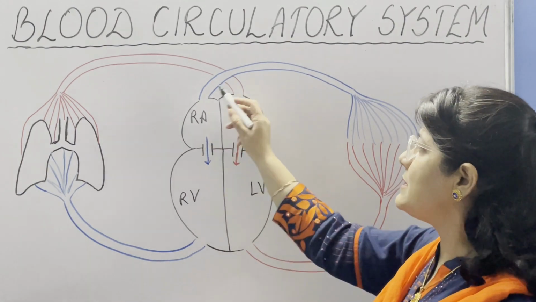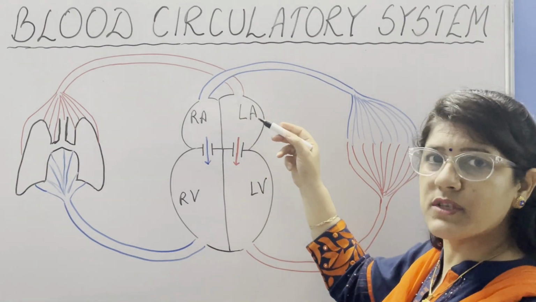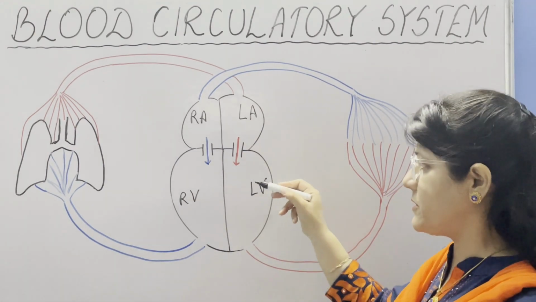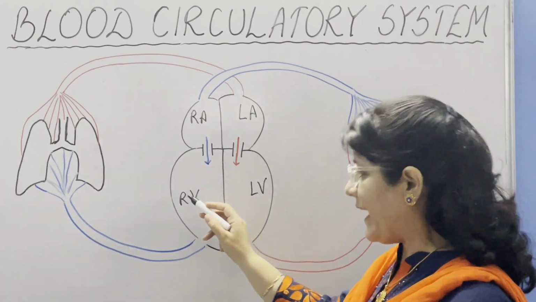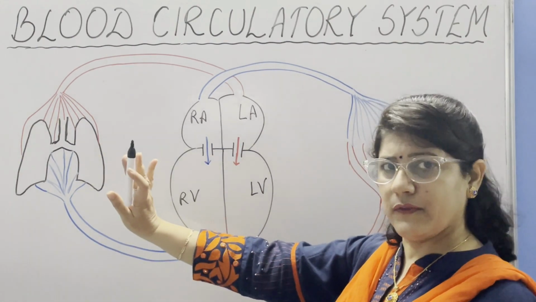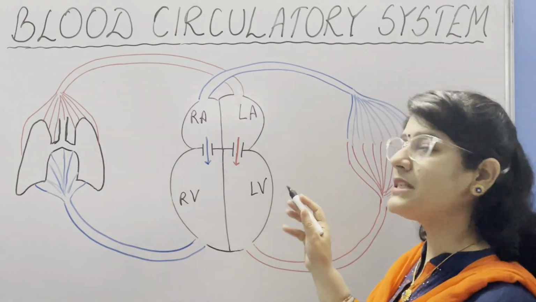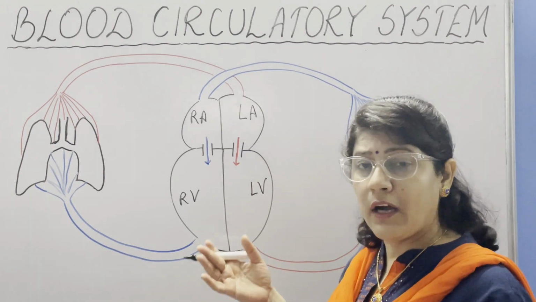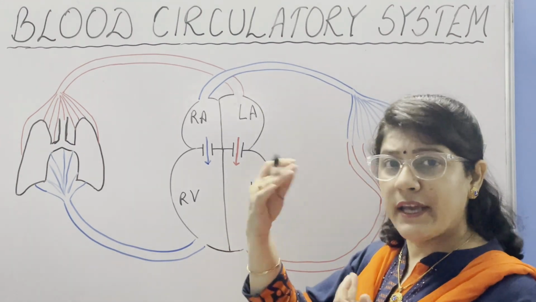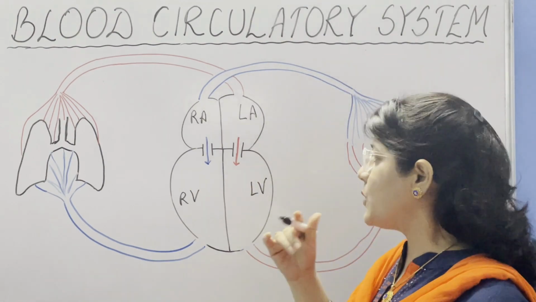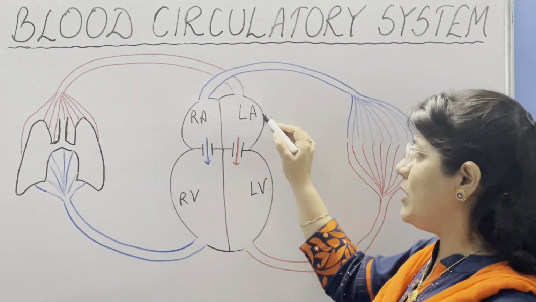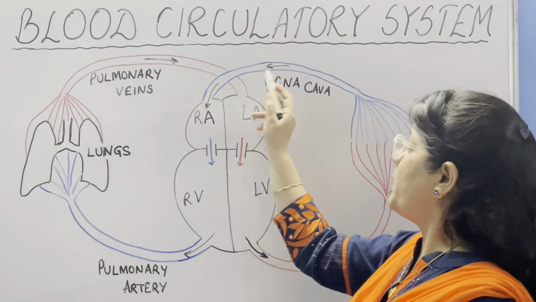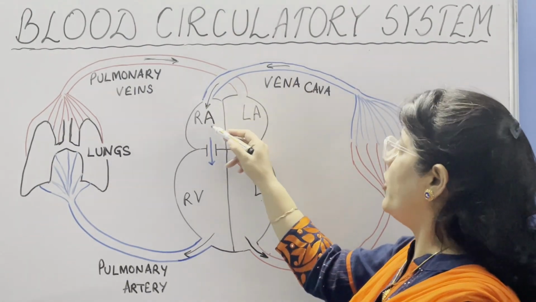Walls of auricles are thin because they need to supply blood only to the very next ventricles. But ventricles: the right ventricle supplies blood to the lungs, but the left ventricle supplies blood to the farthest distance in our body, till the toes in the feet, and against gravity towards our brain, so their walls are thick and walls of auricles are thin.